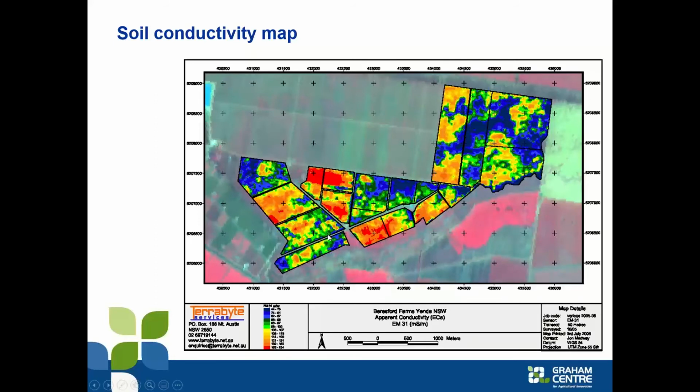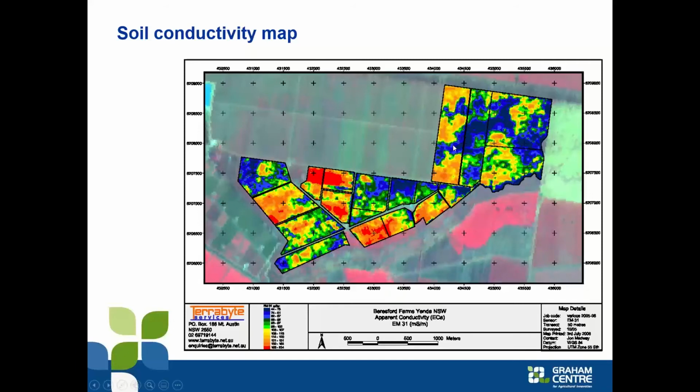And the conductivity, while it's directly a measurement of the salt content of the soil, the soils don't have to be salty. Every soil has a background level of salt in it, and so we can generate a pattern. But what we also find is that typically the distribution of salt across a landscape is based on the drainage characteristics of the soil at that local area. So a soil which has high drainage characteristics will have had more of the salt washed further down through the profile than an adjacent area with lesser drainage characteristics.